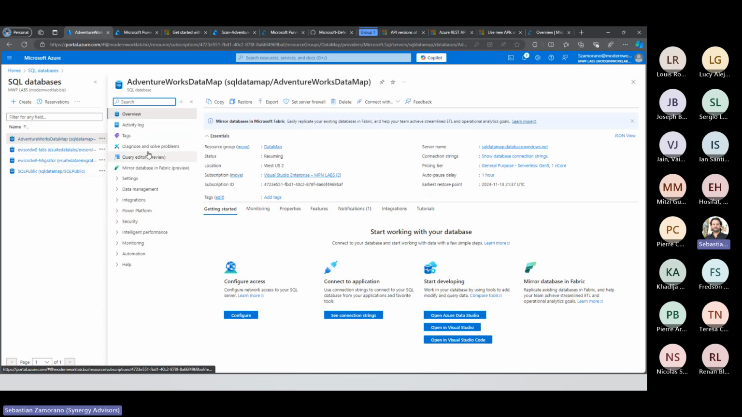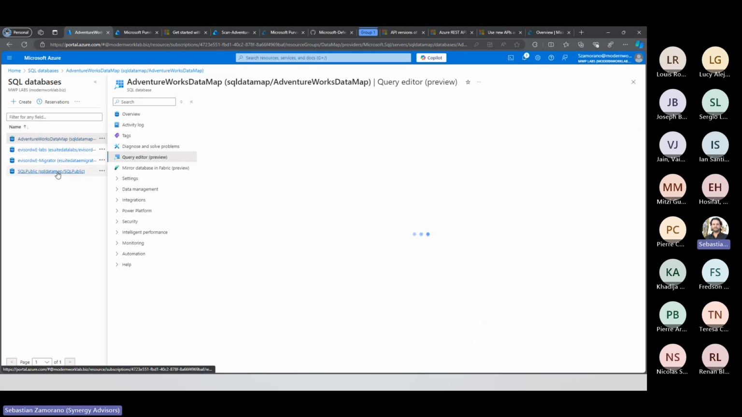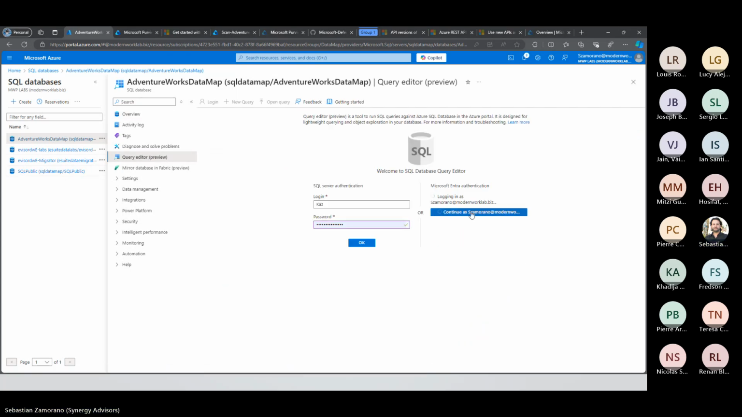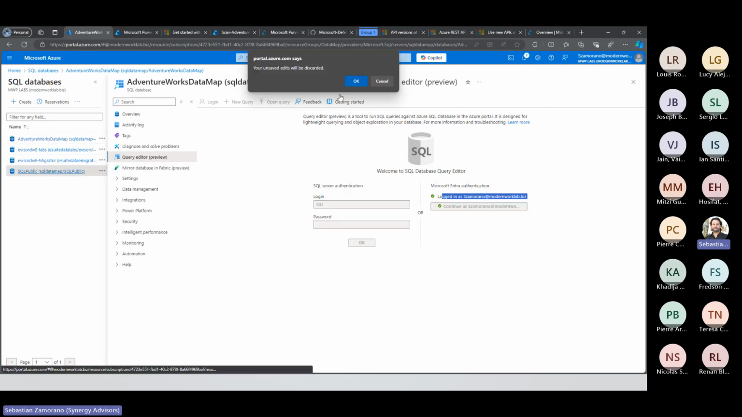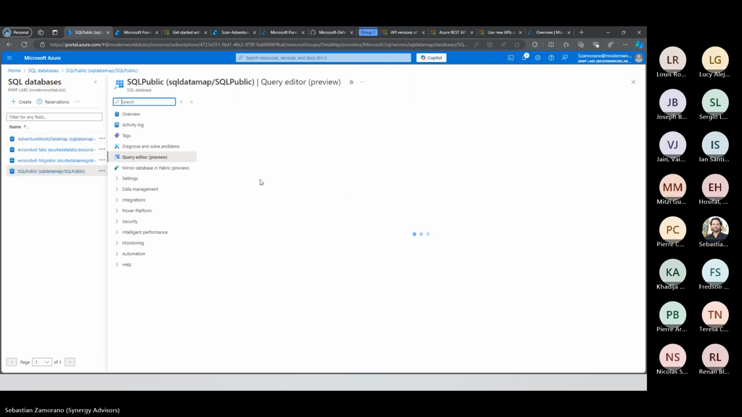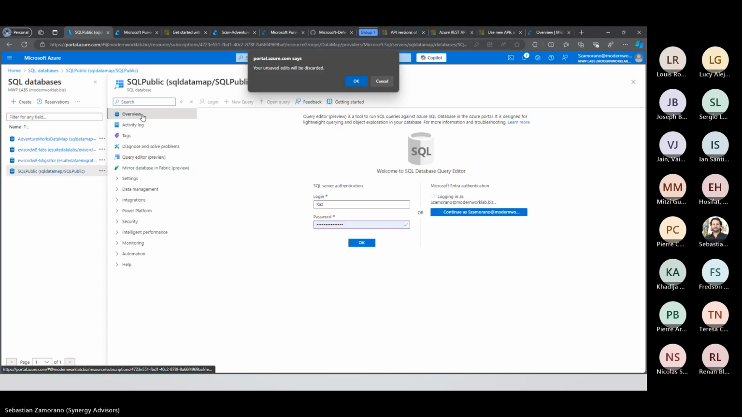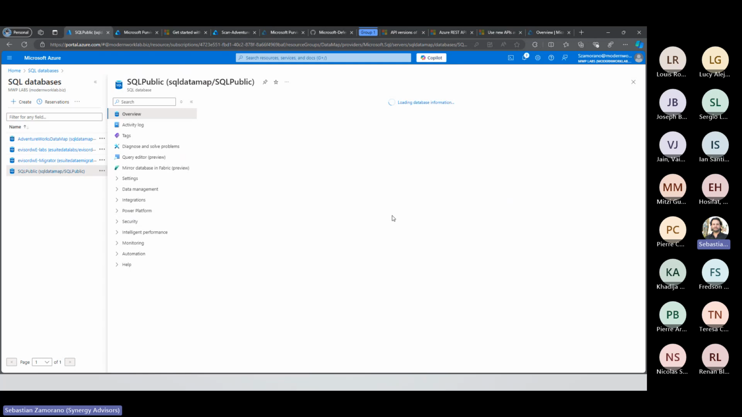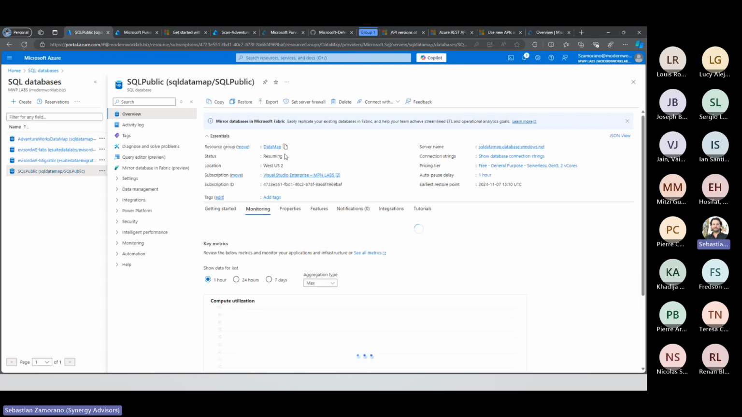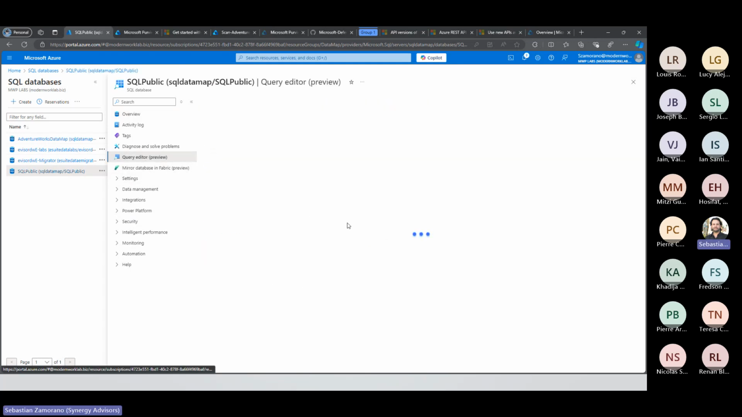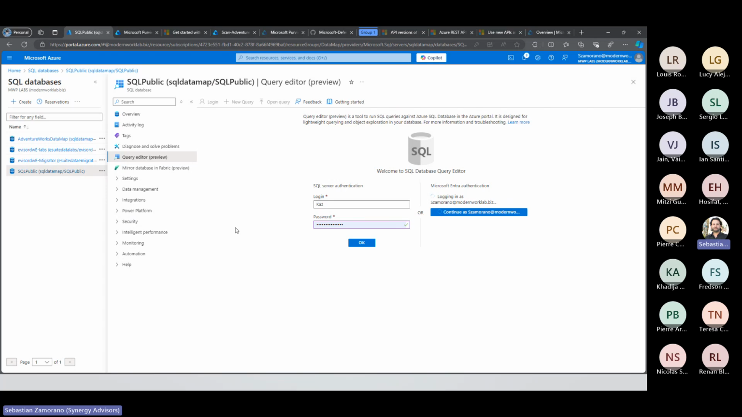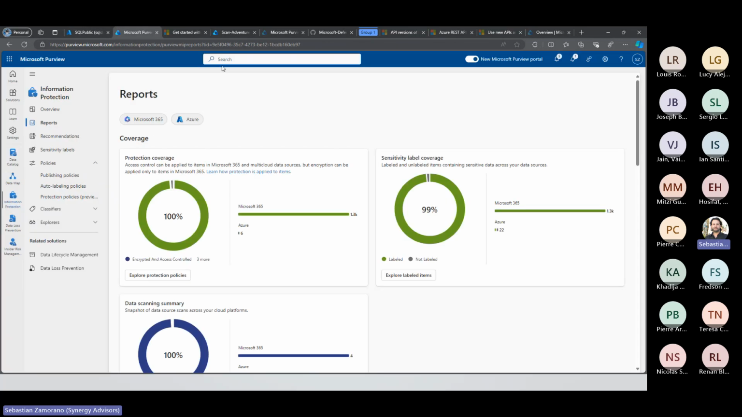Okay, it is starting, and the other one is, okay, it's starting, and let me see, and this one is starting as well. I'm using a dev version of the SQL databases that's made to pause the SQL, but